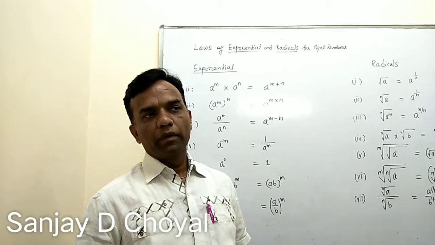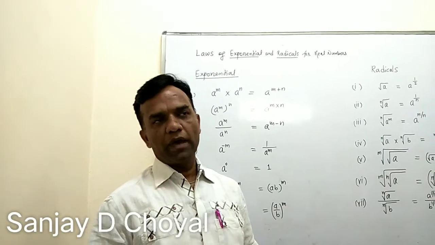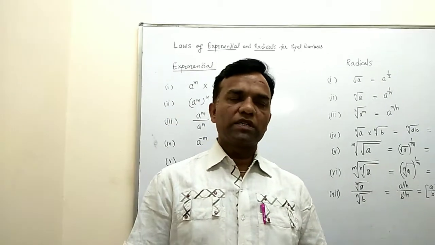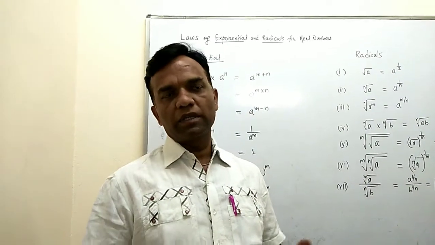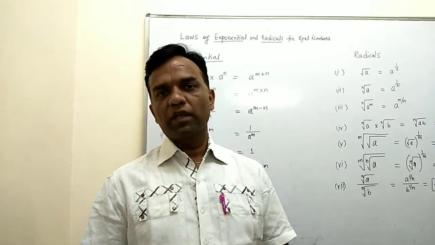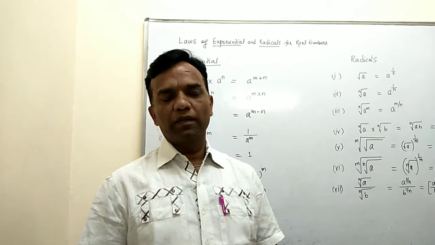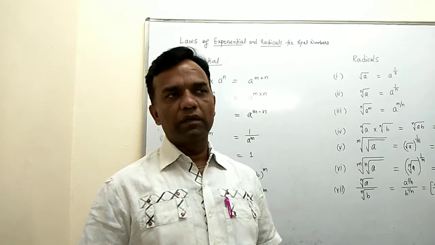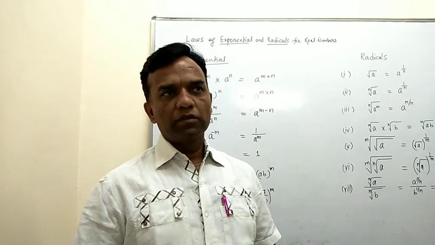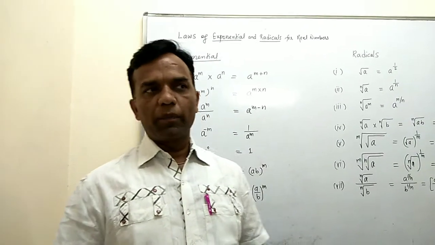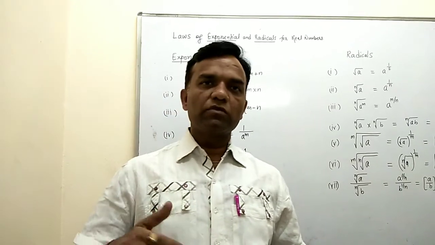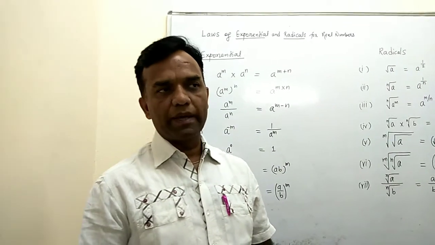Number system. In the number system we have had 4 videos, and we did the operations for irrational numbers and real numbers both. So now one more operation remains. In the last topic of the number system of 9th class, there are two topics. One is laws of exponents and radicals. Another one is visualizing decimal numbers on the number line.